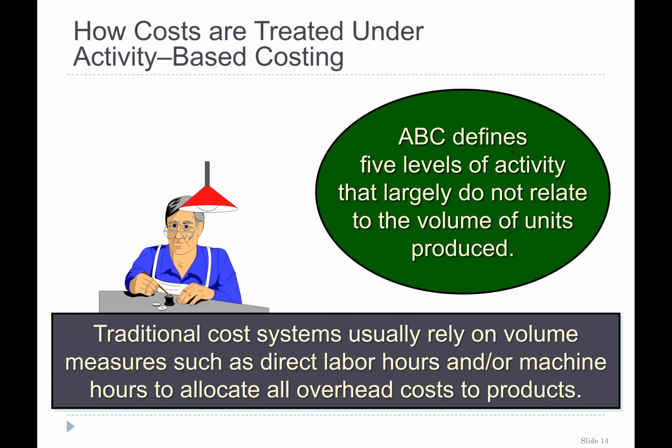ABC defines 5 levels of activities that largely do not relate to the volume of units produced. It means we are measuring the cost that is